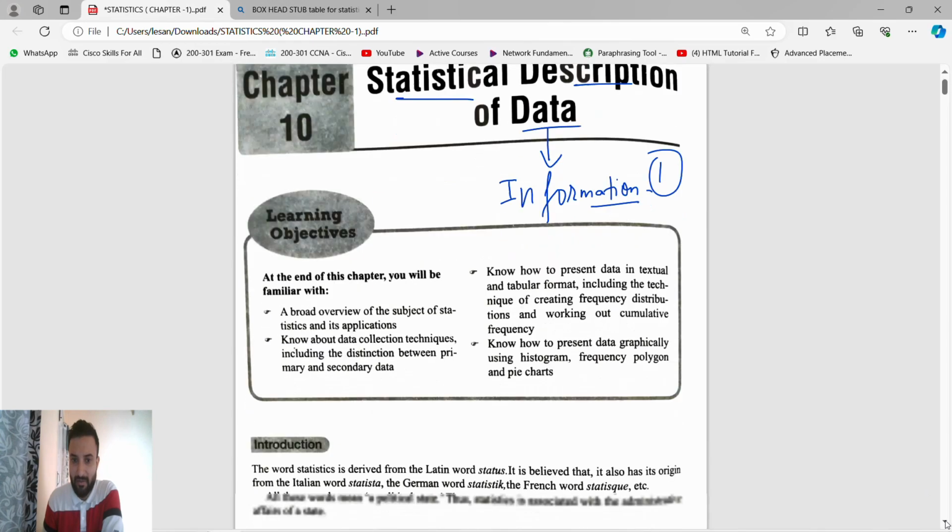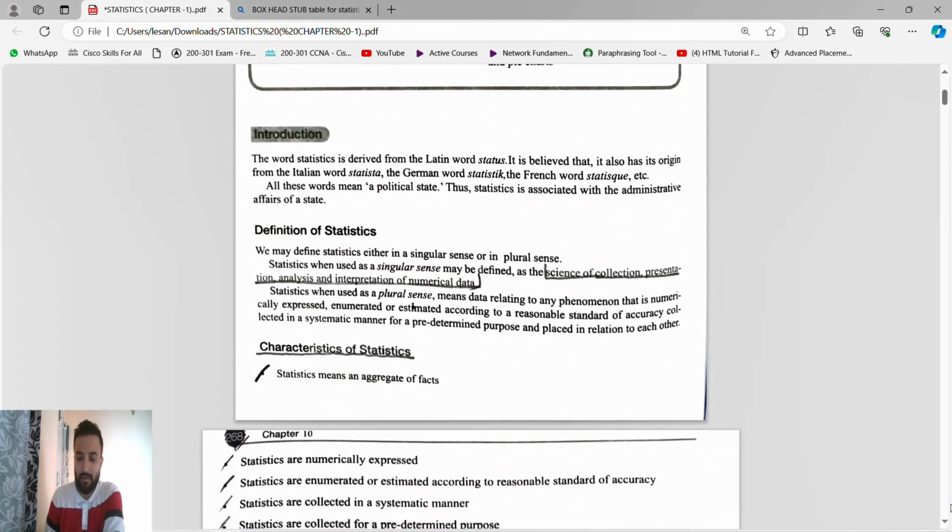Now see statistics. From 7th, 8th, 9th, 10th standard, if the word statistics comes, what is in our mind? What have we studied about statistics? We have studied only the graph, right? Yes, histogram, bar graph, frequency polygon, this type of line diagram. So this type of graph we have studied. So think how we will make a graph.